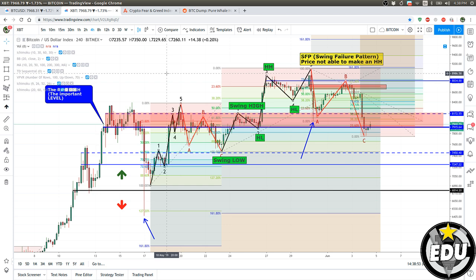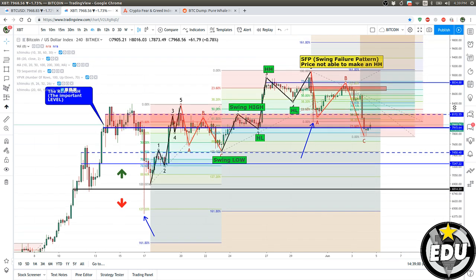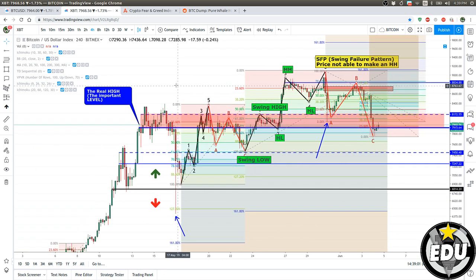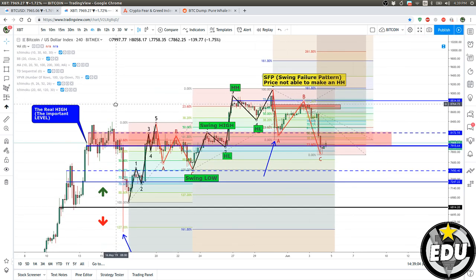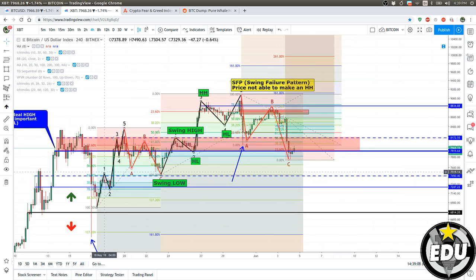So the good thing is that we're still in buyer's territory. This doesn't mean that because we're in buyer's territory, sellers can't make everything drop. Too bad about this Elliott wave. I really want another push upward, but I don't like it. I don't like the third wave being so poor.